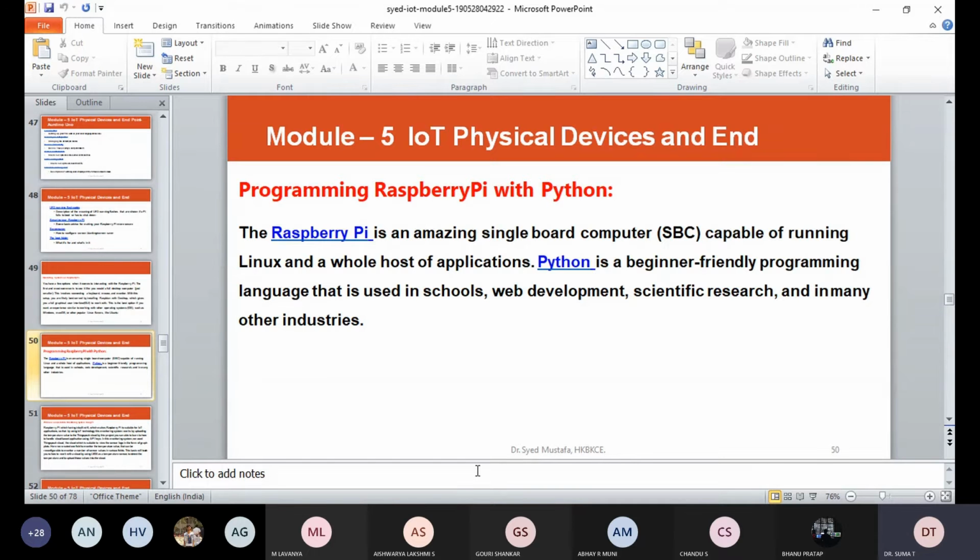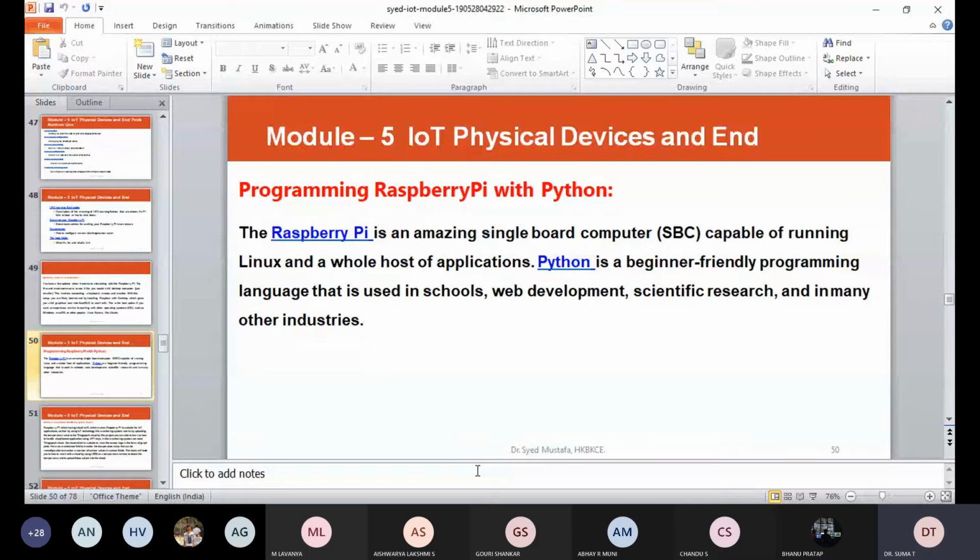Python is a beginner friendly programming language that is used in schools, web development, scientific research and many other industries. Okay. So to get started with developing Python programs on the Raspberry Pi, Linux supports